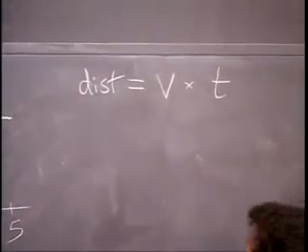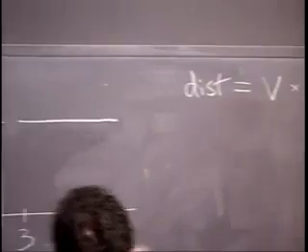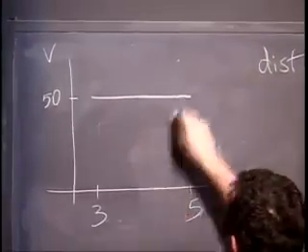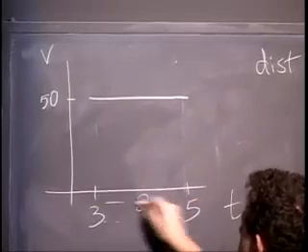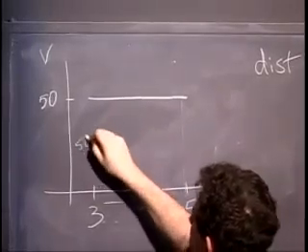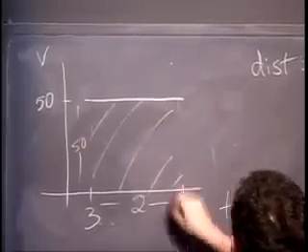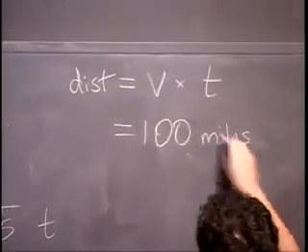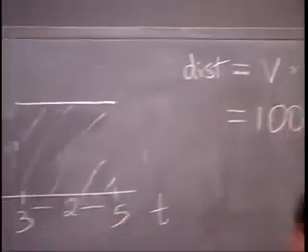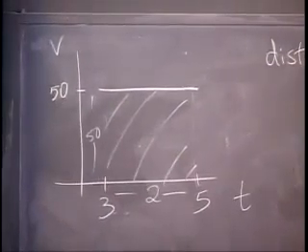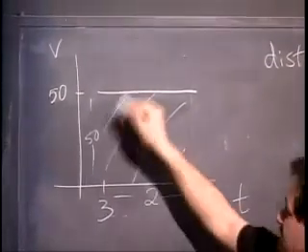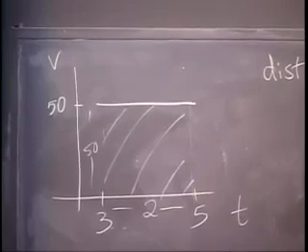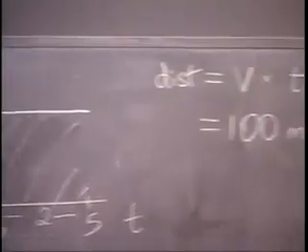In this case, here's a graph of speed in miles per hour and time in hours. So actually, we want 2 as the time, times 50 as the speed. And what we're looking for is 100 miles. And that's actually the area underneath there. It's a rectangle, height v and time t, so 50 by 2. Okay, so what if, in fact,